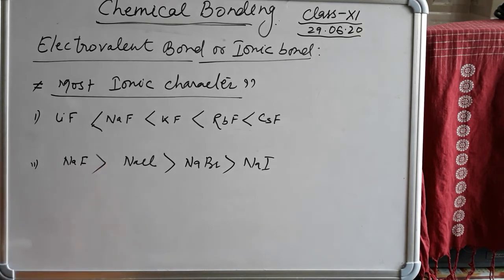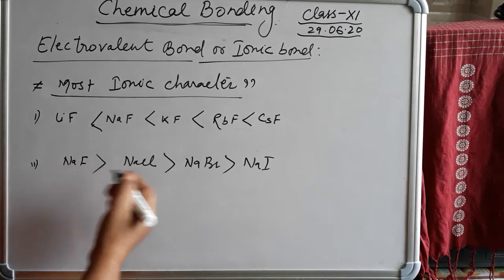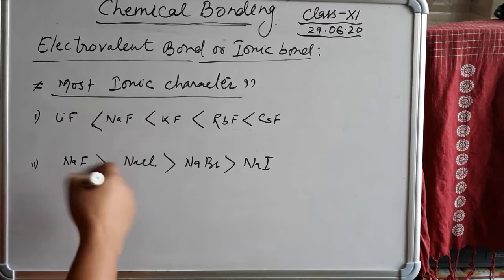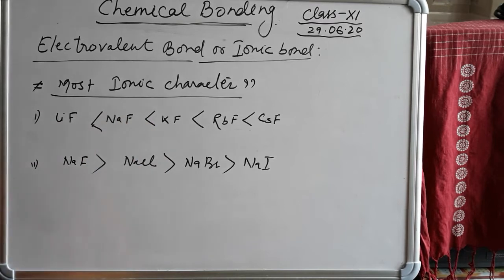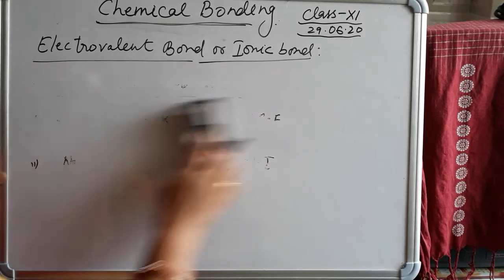In this way we can solve the many questions given in the examination, either arrange all the species in increasing order, or arrange all the species in decreasing order. In fact, in the s-block elements we will again discuss this type of question. So what happens when any ionic compound forms?